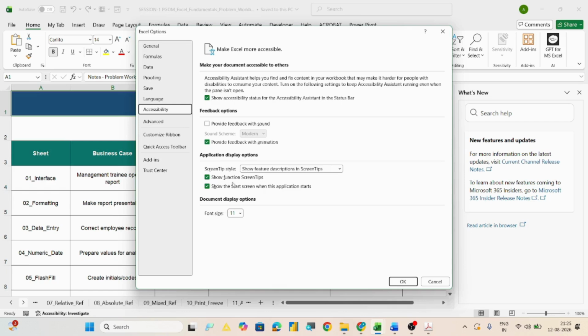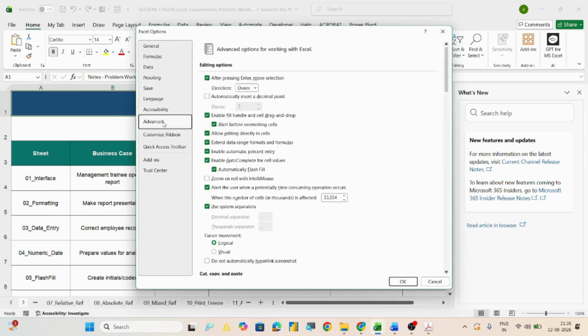Application display option, show function screen tips, show the start screen whenever the application starts. The default font size is 11. Show accessibility status also for the accessibility assistant in the status bar. This is accessibility investigate. So these all options can also be set from backstage.